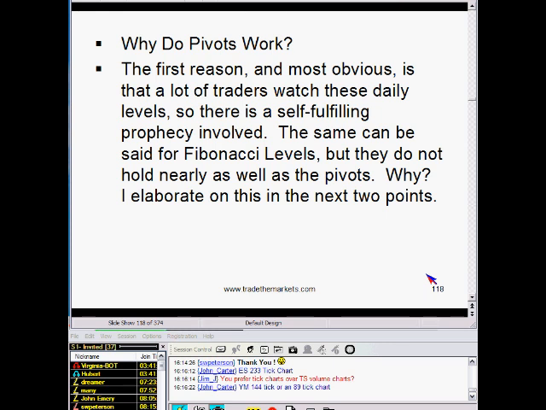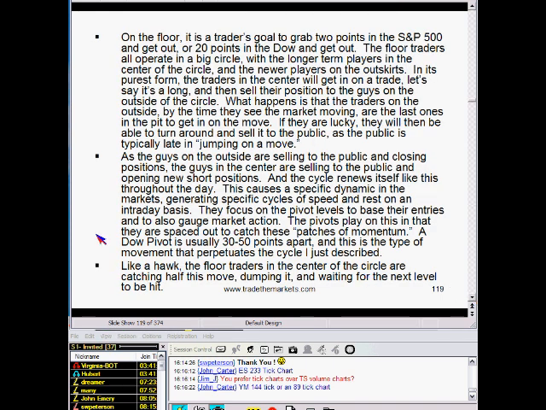One question I get frequently on the pivots, before we get into the actual trading strategy with pivots, is: why do they work? There's two main reasons why they work. One reason is that a lot of people watch pivots, so they become kind of a self-fulfilling prophecy. But there's other levels that other people use that don't work nearly as well, so there's two other reasons why the pivots work so well. So let me just tell you a little bit about this. Basically, what happens